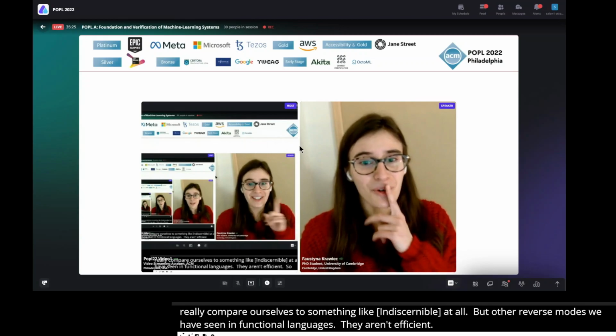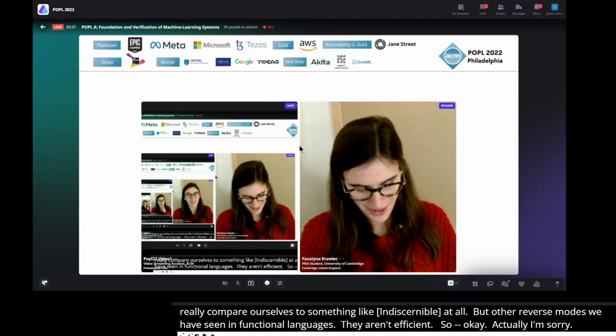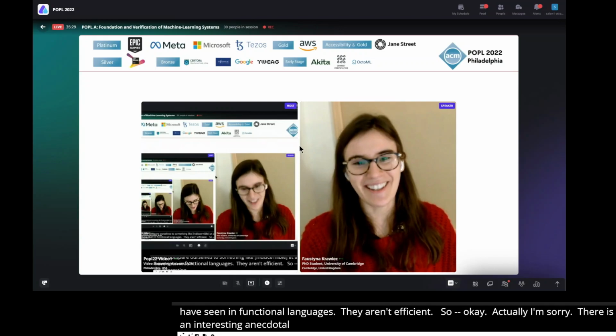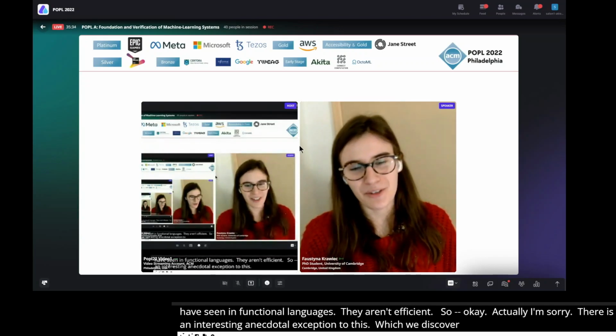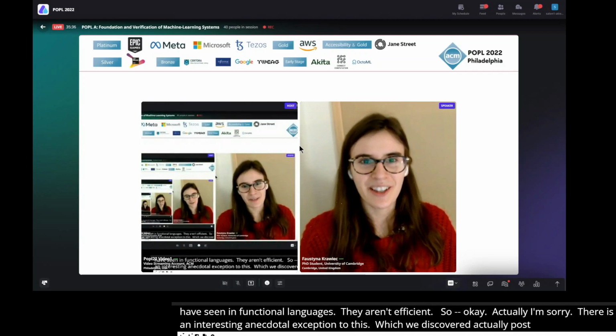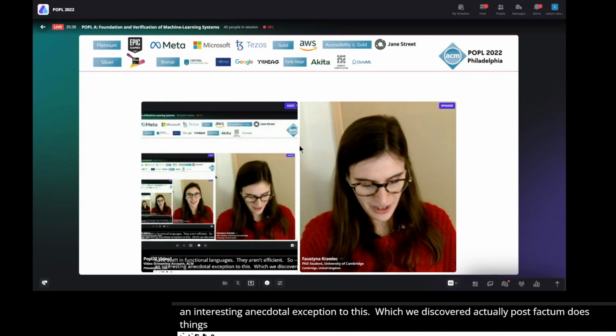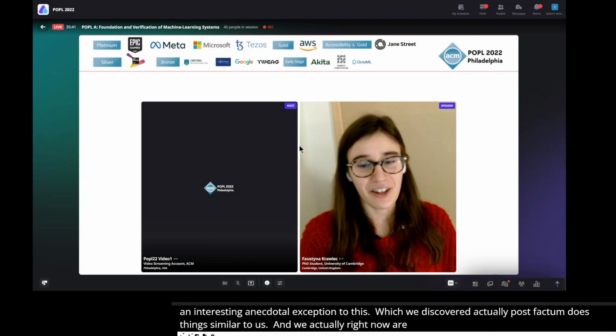Actually, there's an interesting anecdotal exception to this. There's an AD library in Haskell which we discovered post factum. It does many things very similarly to us, and we're right now comparing our implementation against theirs, and it seems comparable.